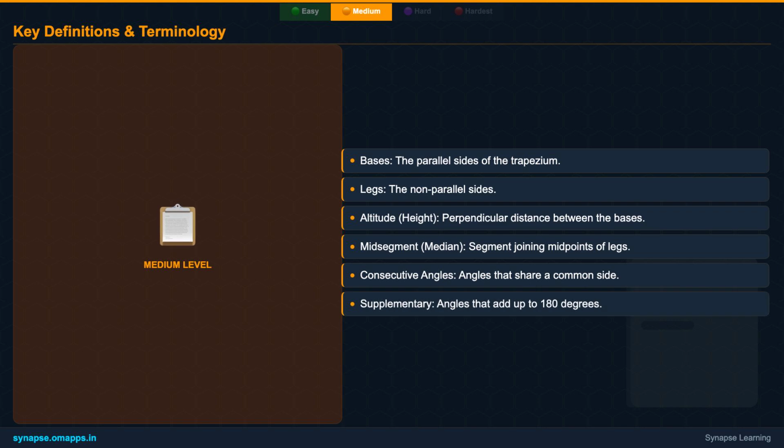For instance, to prove equal base angles in an isosceles trapezium, we draw perpendiculars. This creates 2 right-angled triangles and a rectangle. By applying the RHS congruence criterion to the right triangles, we can show their corresponding angles are equal. Similarly, for equal diagonals, we use the SAS criterion on triangles formed by the diagonals, a non-parallel side, and a base. These methods highlight the power of geometric proofs in validating properties.